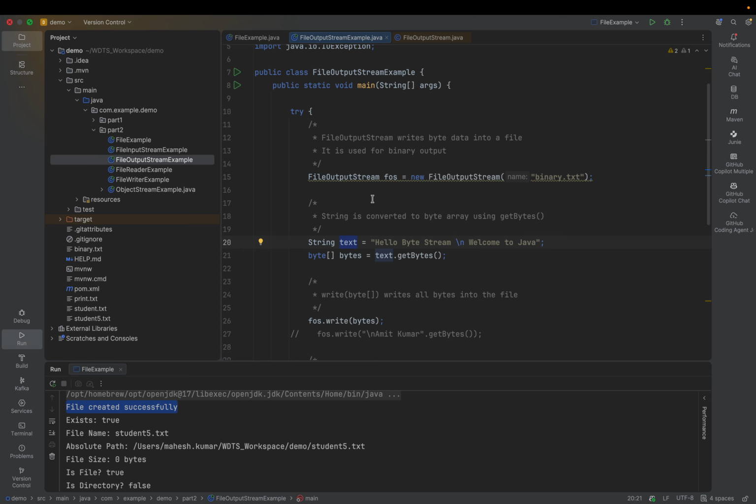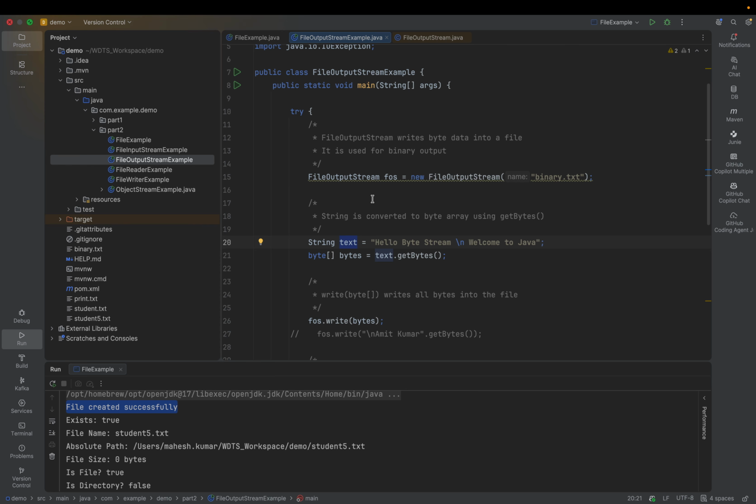In Java, wherever you find a stream, it always reads or writes the data in the form of bytes. Read or write means a stream. Suppose when we say output stream, it's used for writing the data in the form of a stream, and a stream means bytes. But wherever you find reader or writer, it reads or writes the data in the form of characters. The difference is that a byte takes one single character, 8 bits, which means 1 byte, in a stream,